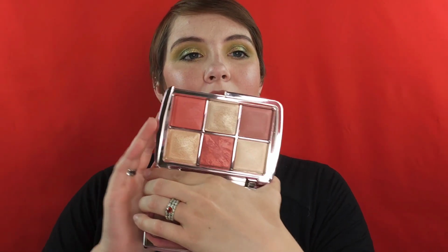Okay, so face palette wise, I picked up 4 different face palettes so far, halfway through the year. We have Hourglass. I picked up both of these absolutely beautiful palettes. I cannot help myself. I picked up the Blush and Glow and the Sculpt and Set. And I know you can't get the Sculpt and Set anymore, which makes me so sad, but I mean,